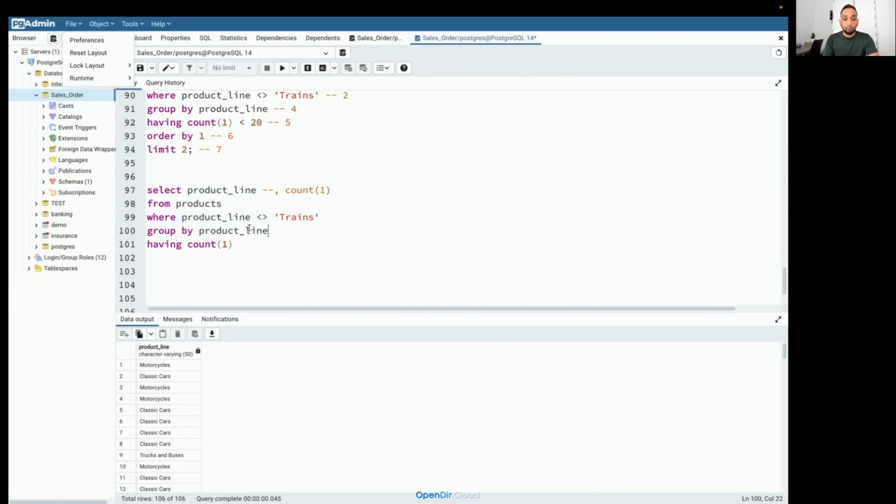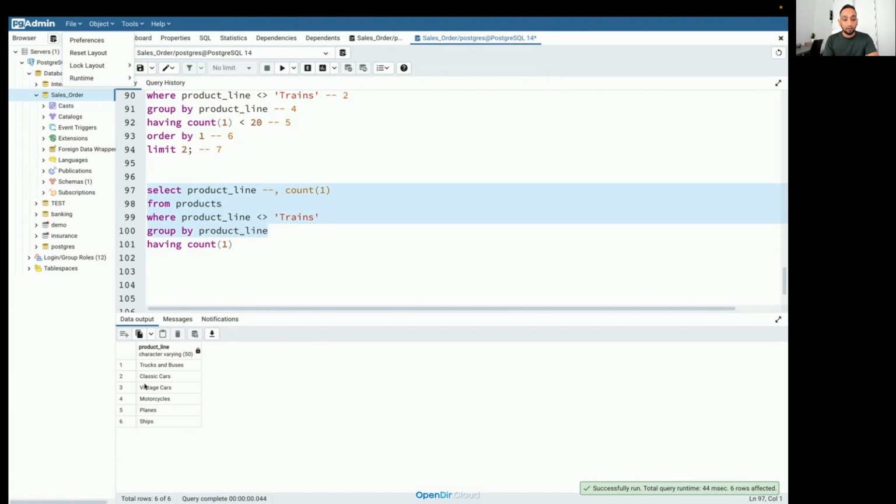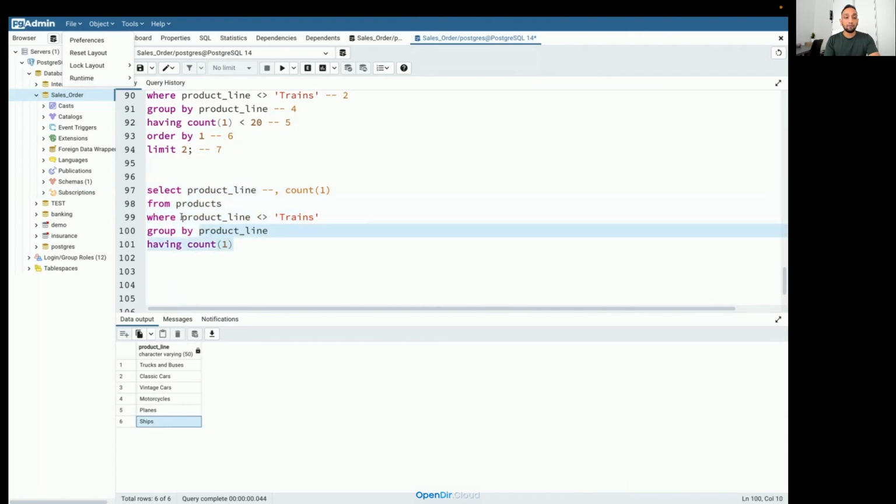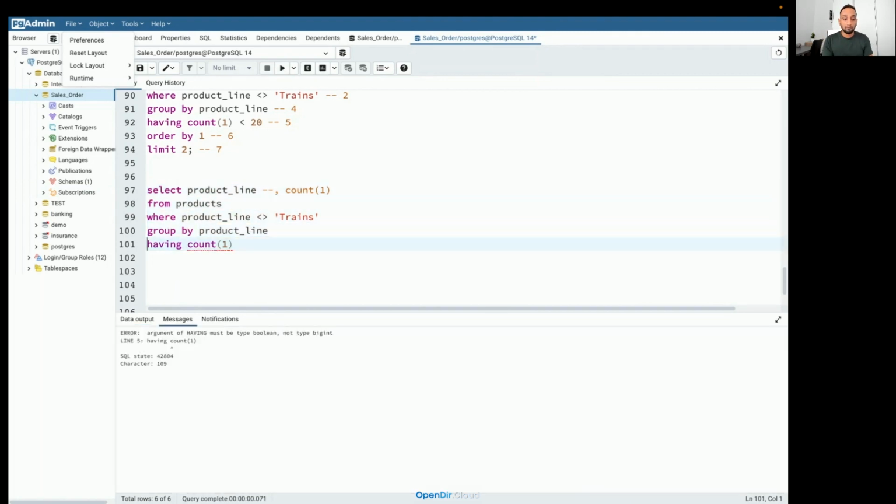And then there is a group by clause. So now when I run the group by clause, it's going to create a group for every distinct value in this particular column. Okay, and from here then I need to apply the count of 1. So then when I apply the count of 1,